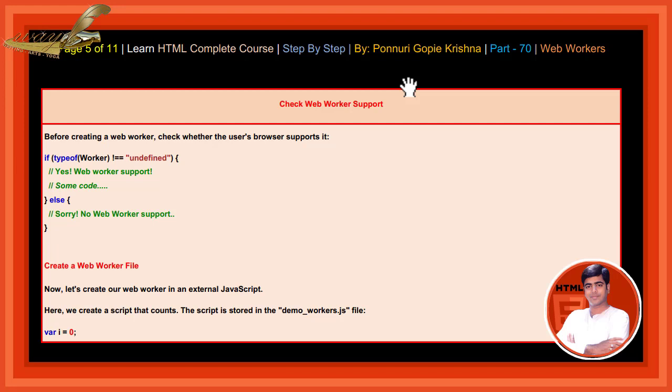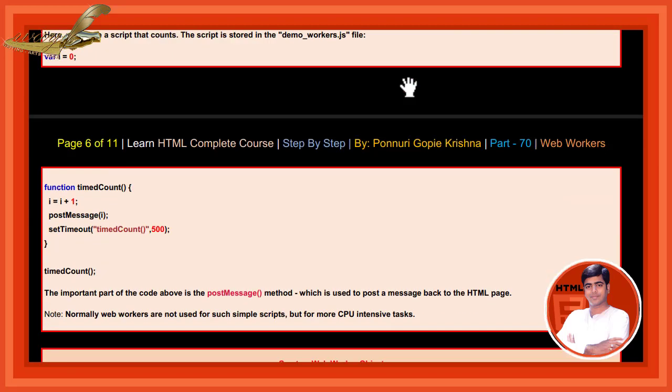Create a Webworker file. Now let's create our Webworker in an external JavaScript. Here we create a script that counts. The script is stored in the demo_workers.js file, where i = 0. function timedCount() { i = i + 1; postMessage(i); setTimeout("timedCount()", 500); } timedCount();